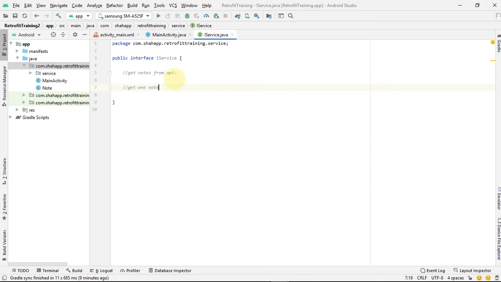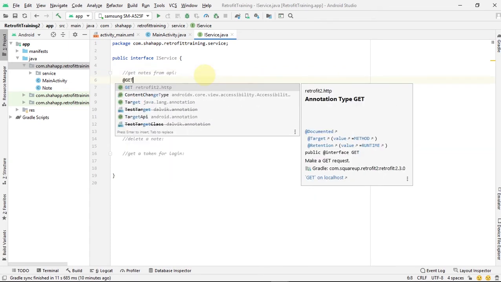First, we create a method to get a list of items. Next, we create a method to get a single item, to insert an item in our API, to update an item, to delete an item, and at last we create a method to get a login token from our server. Our first method is